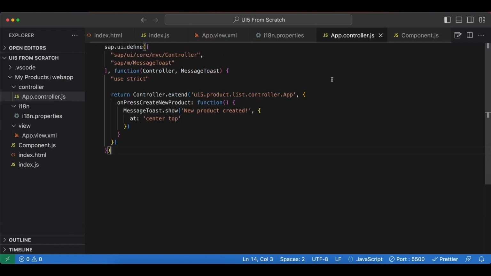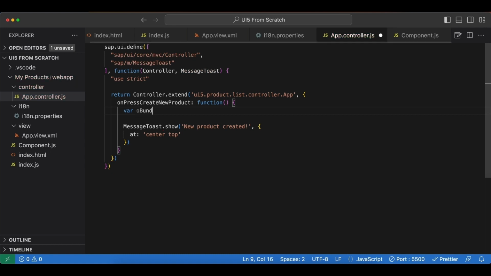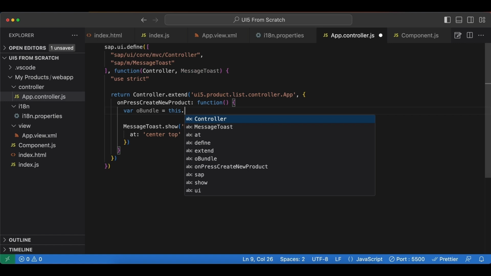Now let's also see how we can use it from JavaScript. For example, here in our app.controller.js, we also have a hard-coded message. So let's fix this as well. In this function here, first let's access our resource model. We say var bundle equals this. So this again refers to our controller this time. And then we have a method which is named